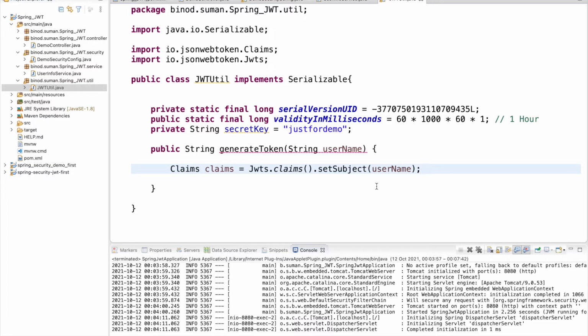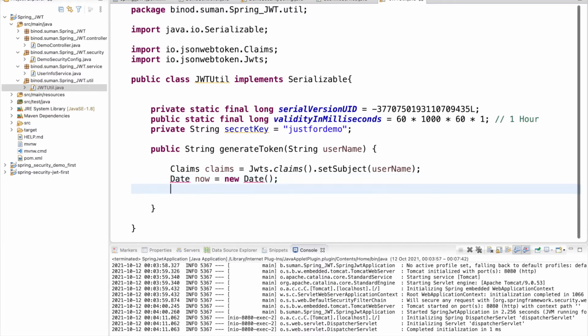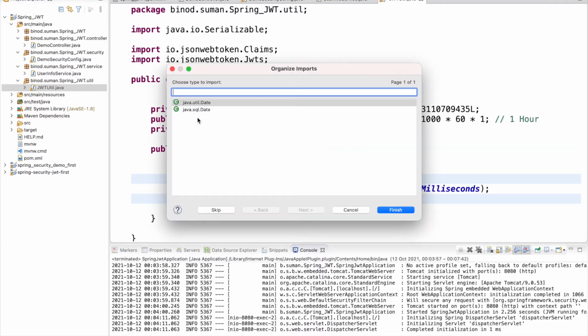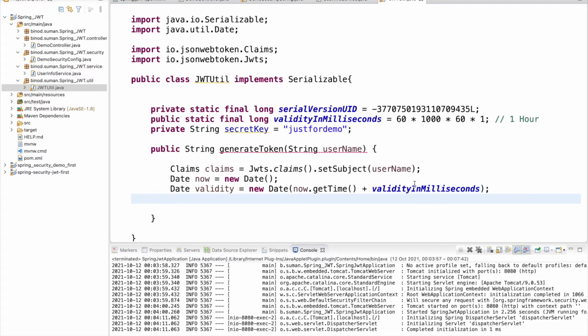For the subject, meaning your credential username, you make one Claims class and put your username here. Then, what is the current time, and how much validity do you want? I want a validity of 1 hour, right? So I give 1 hour. This is the utility Date. So I have given this validity of 1 hour here, right?